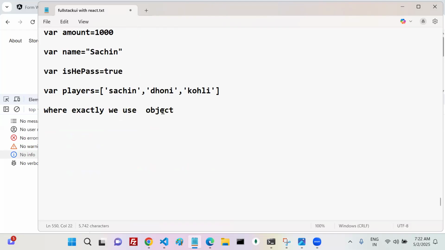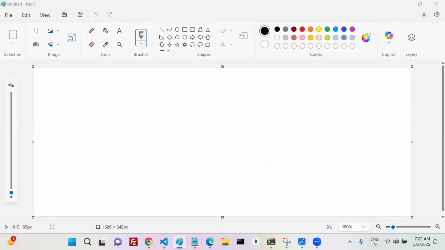The data format is like an object format, right? In which case are we going to use it most of the times? Anyone tell me one simple scenario? Any one of you? Tell me one scenario where exactly we are going to use it. Take a simple scenario, for example,